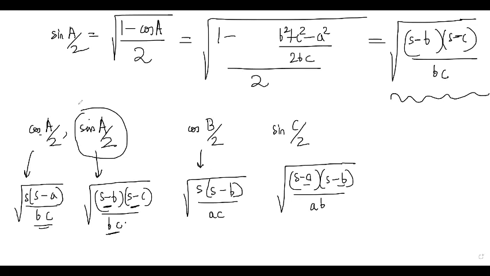Now, if you know cos A by 2 and sine A by 2, you can do tan A by 2, right? Tan A by 2 is obvious. You'll just divide, right? So you'll find those. The reason I'm telling you all this is because sometimes in IOQM and RMO questions, you might face a random geometry question which has a solution by pure geometry, but the pure geometry solution is hard to find, right? So sometimes you can just bash it through trigonometry.